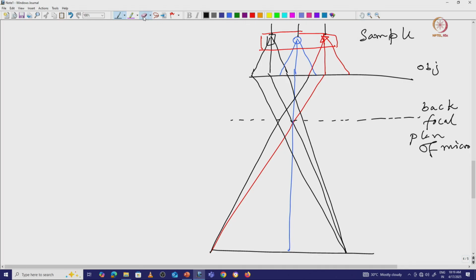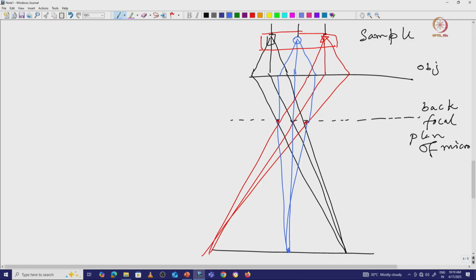So, this should be my red ray, that I am using here. It will go through here and merge here, and then there are other rays that will also come here and merge. In this particular case, you can see there is a converging point here and here. In both cases, if I consider that blue ray, it will come like that, converge somewhere here, and then converge at this particular point here, which will give us an image here.